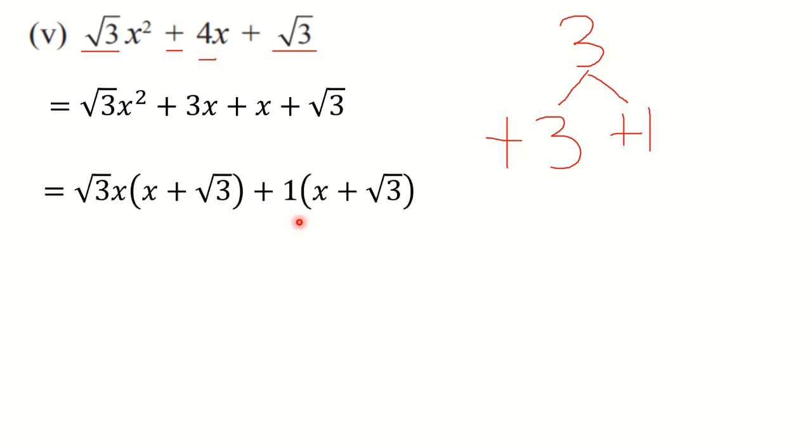So just write down that step. See, root 3x is taken out common, so inside the bracket we got x plus root 3. And from here 1 is taken out common, so we got 1 inside the bracket, x plus root 3. Now you can see that this bracket and this bracket are the same. So in the next step we have to write down the answer in two brackets, that are the factors. The common bracket is written first and the remaining terms are written in the second bracket. This way we have got the factors. Complete it.